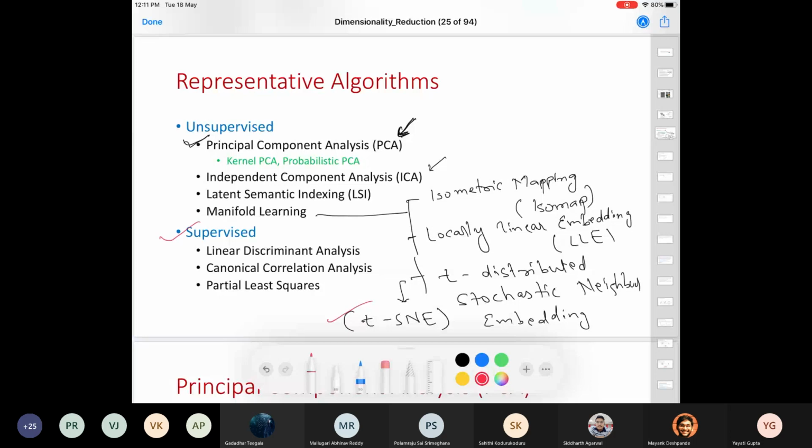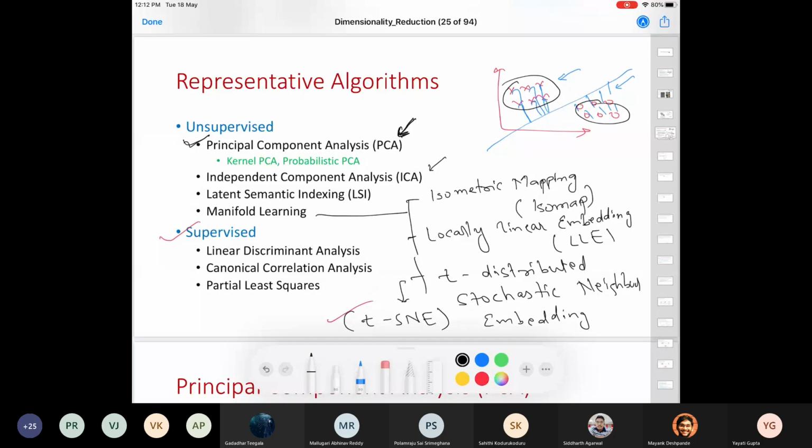And there are supervised dimensionality reduction methods as well. If you remember, we talked about this scenario where we were trying to separate X's and O's. Knowing that these are X's and O's, and I want to separate them, I can come up with a plane like this and project these data points here. In the case of unsupervised methods, you do not really care about the labels of these data points.